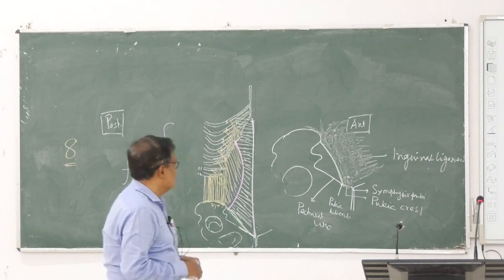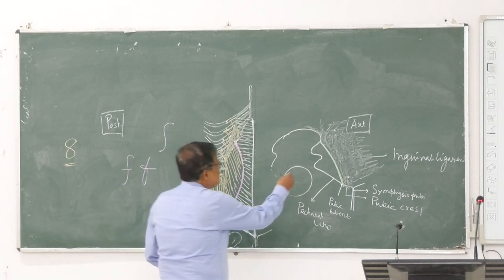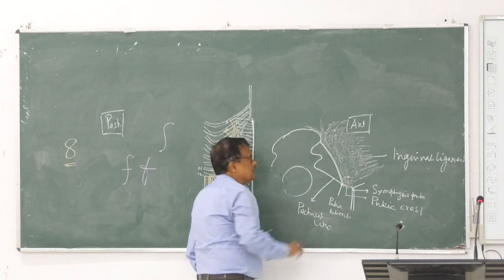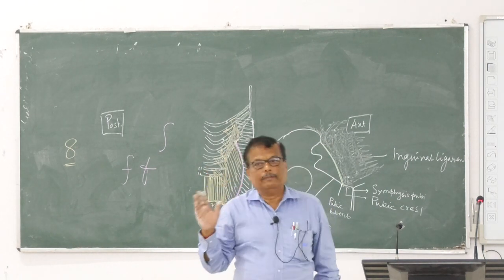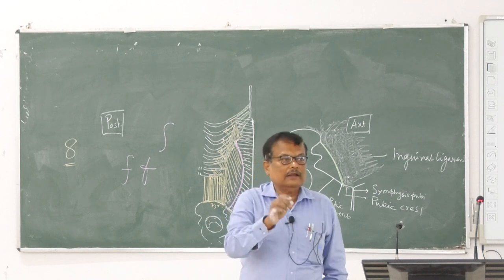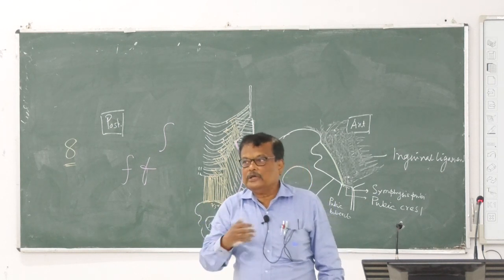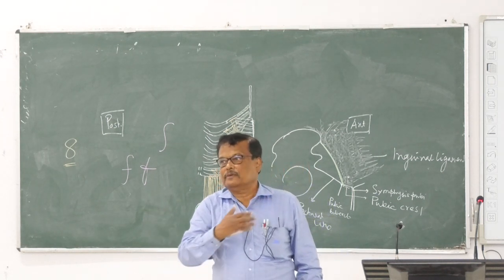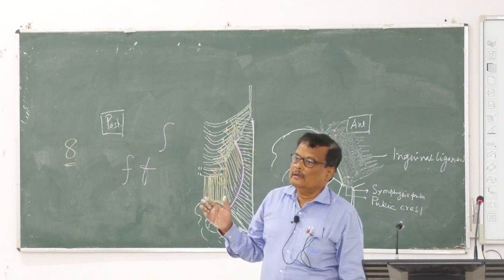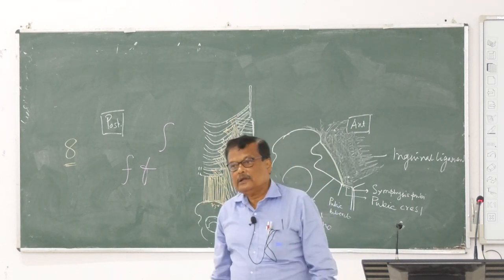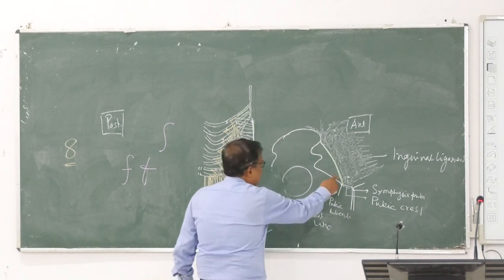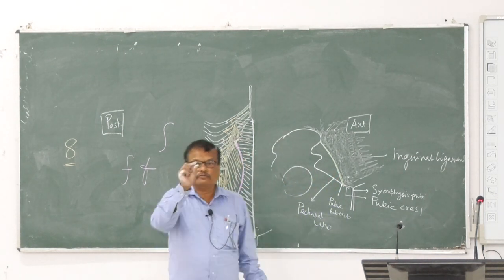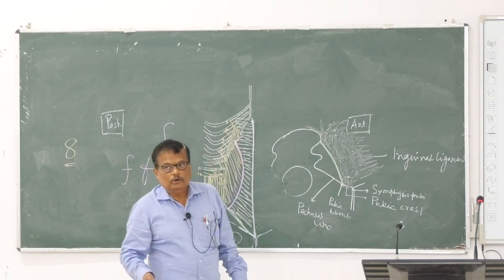And also this thing. Now what has happened? So this is the inguinal ligament. What is the inguinal ligament? Lower thickened border of the external oblique aponeurosis. Now there are some other prolongations and derivatives of the external oblique. What are those? Some of the fibers of the inguinal ligament are very strong fibers, and go